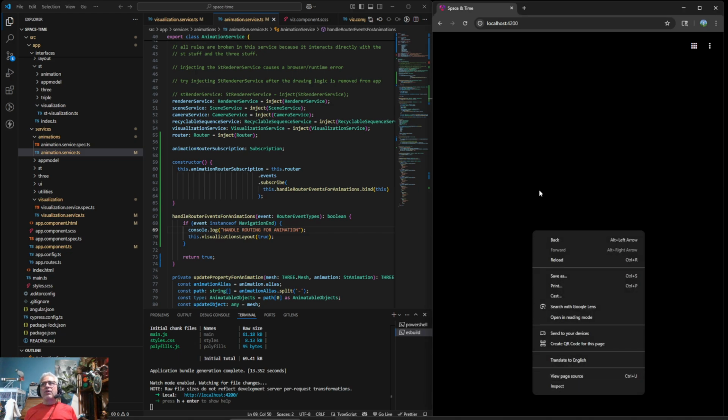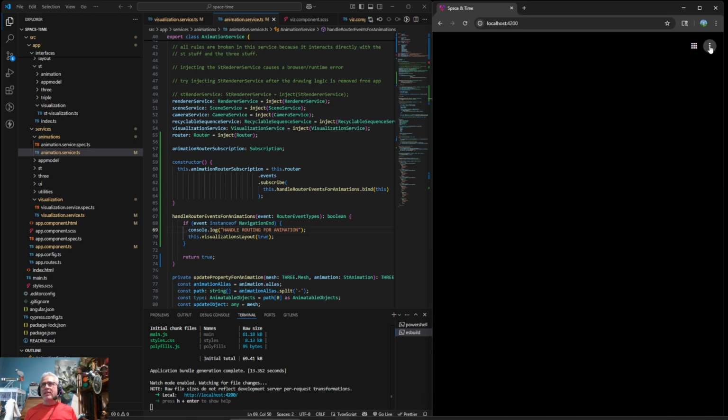So I got it to where, if you add a visualization, then add a second visualization, then change views and come back, you can only see one. The reason is that these things never got drawn again.